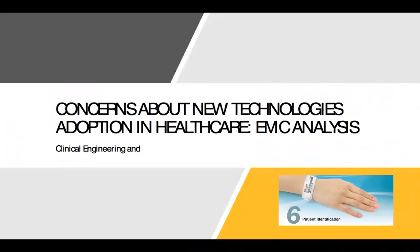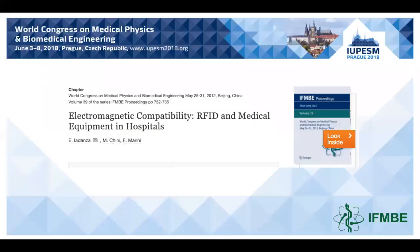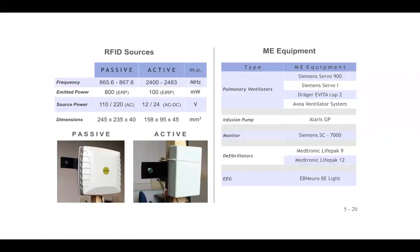Again, concern about patient identification. We do patient identification. We want to do that with RFID. We've been talking about that for years now. There is a concern about EMI and EMC. So what we did was, let's test how dangerous it is, this RFID. So let's buy a couple of sources. Let's go in a hospital, in an intensive care unit, and with those two different sources, much different. One is passive tags, that means 2.45 gigahertz. The other one is for